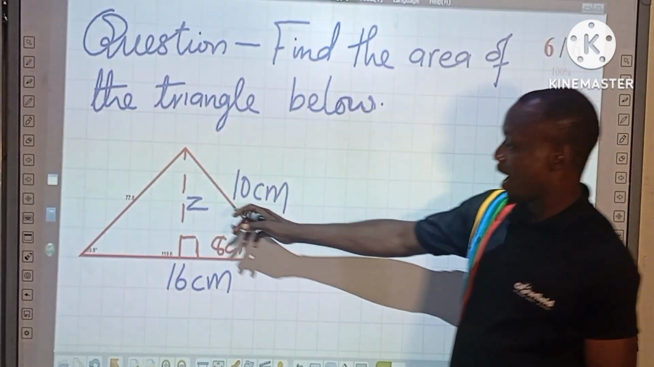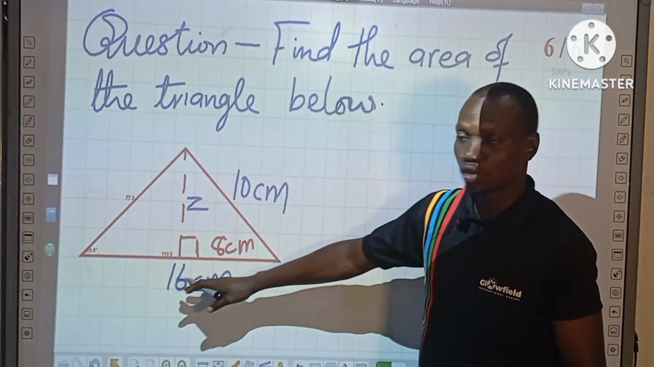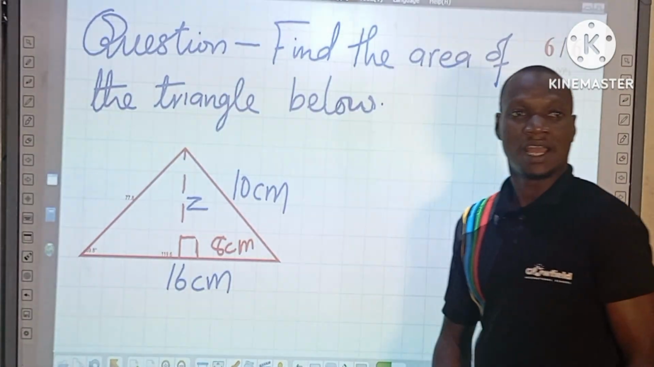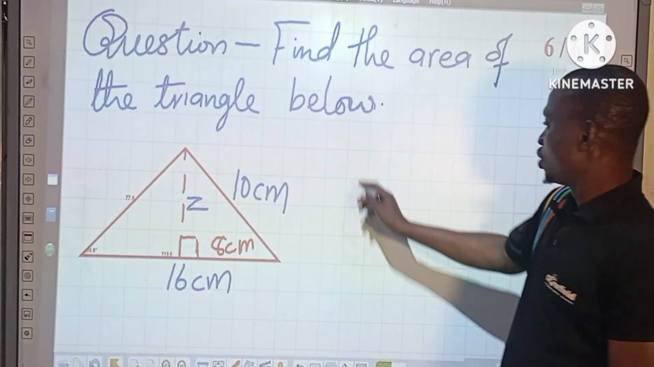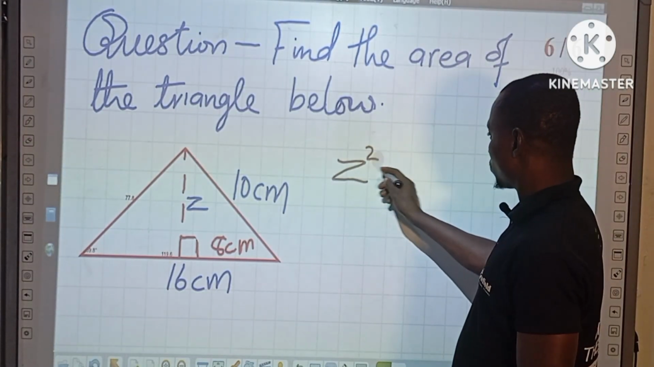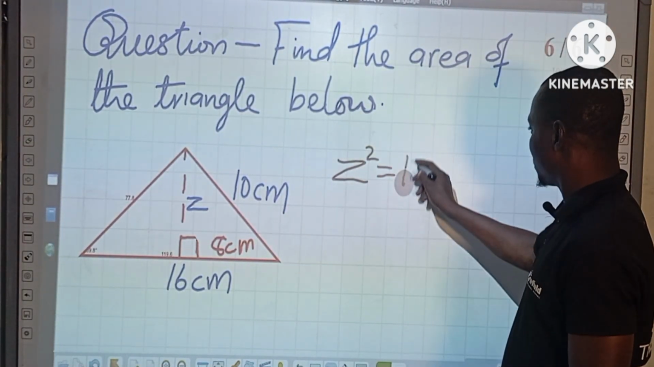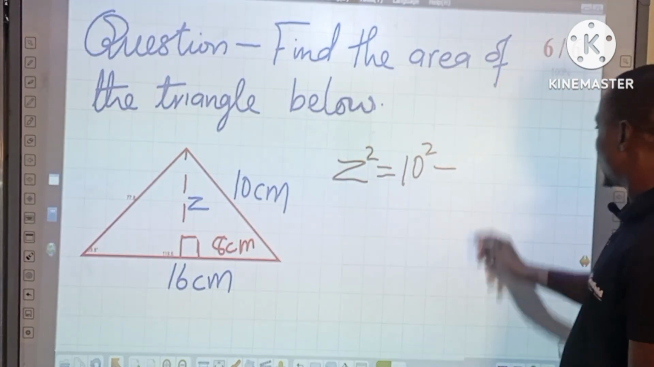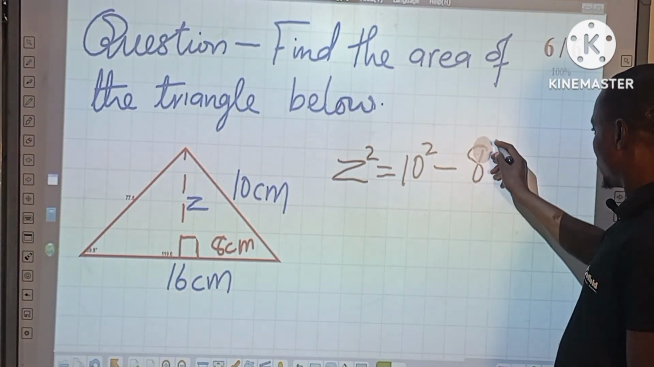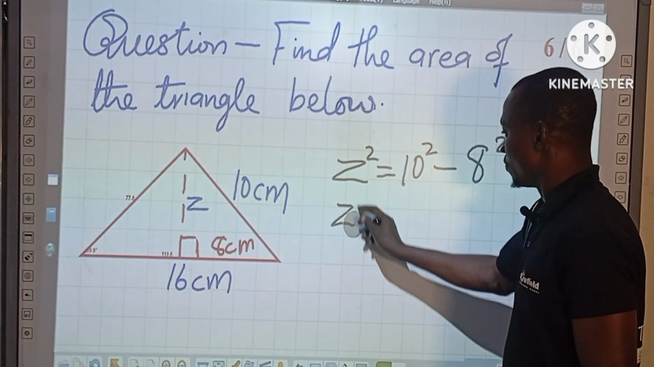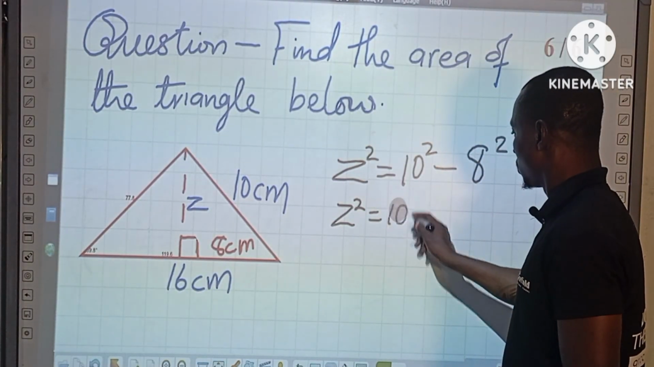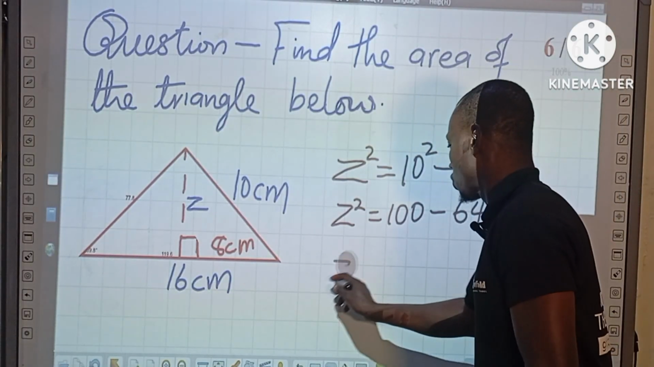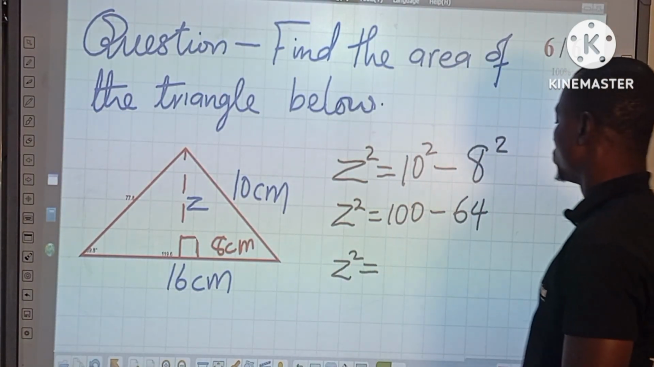So we're going to look for the height, and with the height, we'll be able to look for the area of the whole triangle. Let's input this into the formula that we learned in our former class. So z squared, as we said, is equal to the hypotenuse, which is 10 squared, minus the base, which is the adjacent, which is what? 8 squared. Z squared will become 100 minus 64. Z squared will be equal to